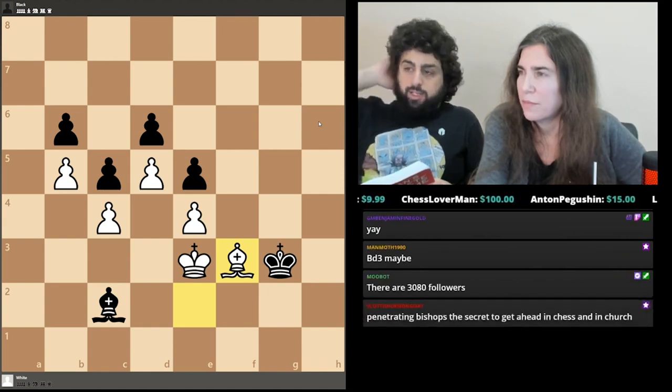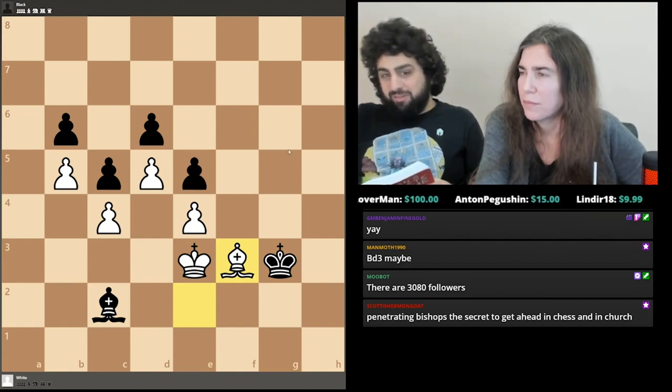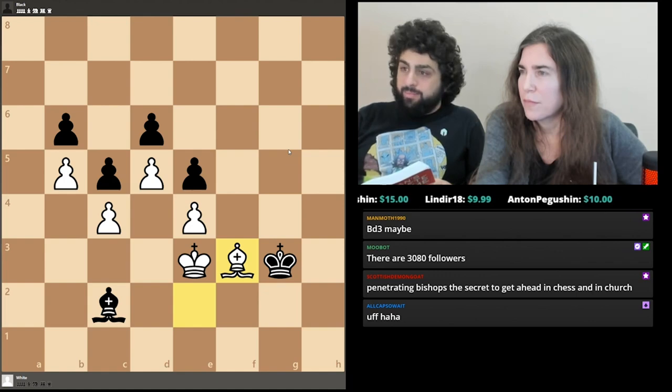Yeah, that's right. He did all of that to get his bishop to b1, right? Moved his king out to g3 and then back again. But his bishop was on b1 at the end of the day. It's tough. You could go